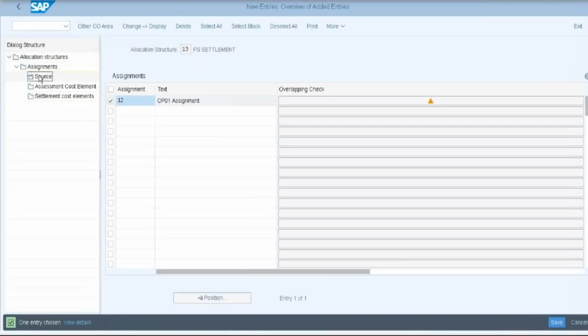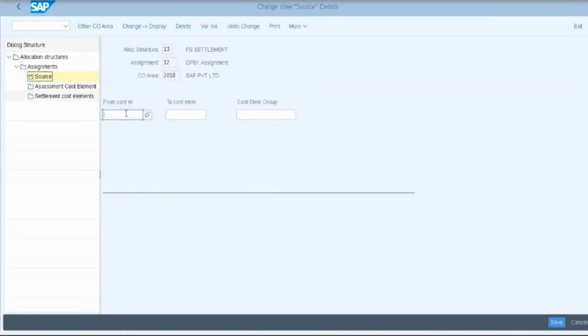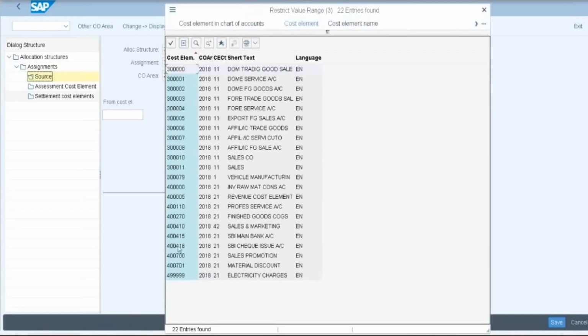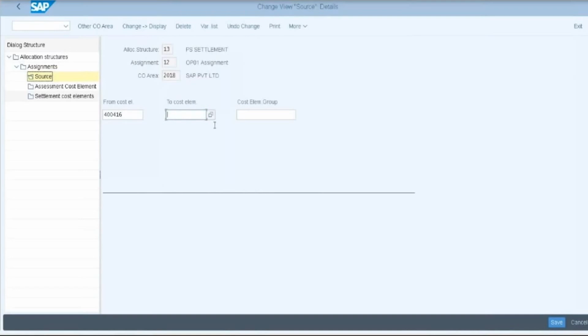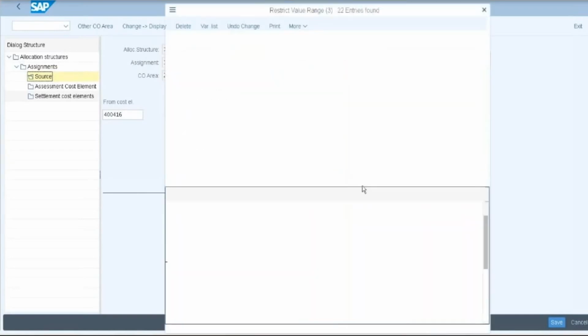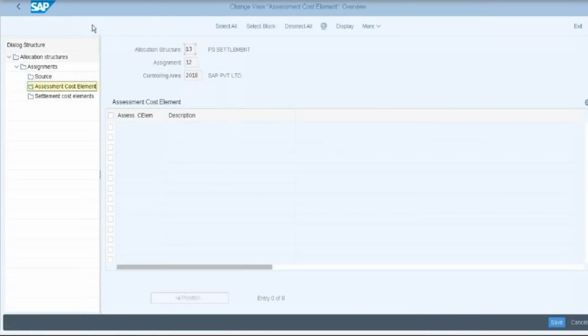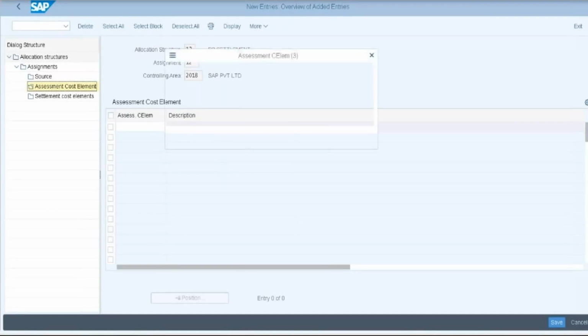Select the assignment, click on source, enter the cost element over here, select, click on start search, select the cost element, select the cost element, double click on assessment cost element, click on new entries, enter the assessment cost element, and select sales and marketing. And here you can see the description